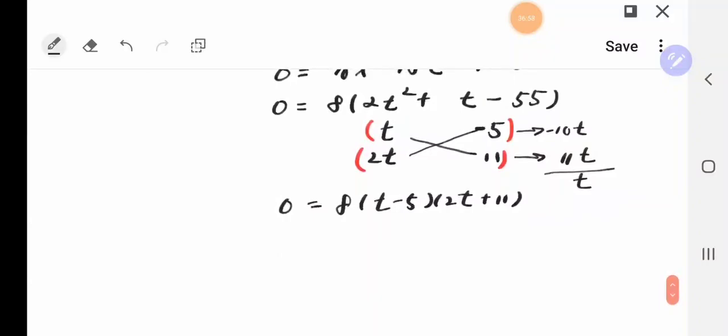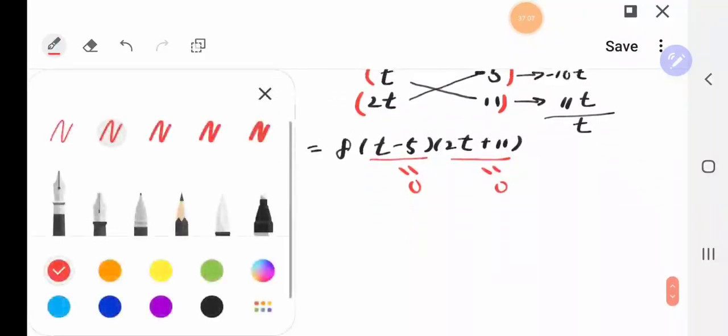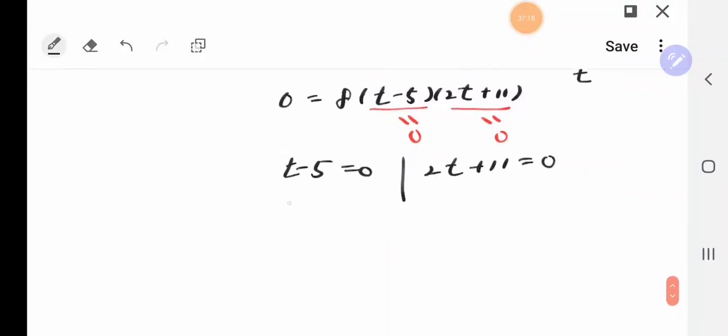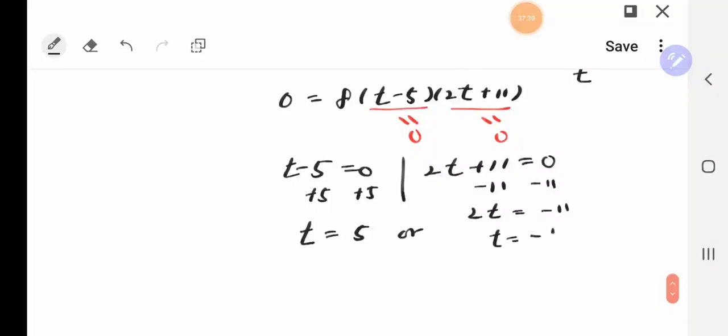The right side is already factored, so why don't we set each factor equal to 0 to find the values of t. So from this, t minus 5 is equal to 0, or 2t plus 11 is equal to 0. Then plus 5 each side. Then t is 5 seconds. From this one, minus 11 each side. Then 2t is equal to negative 11. Divide each side by 2. Then negative